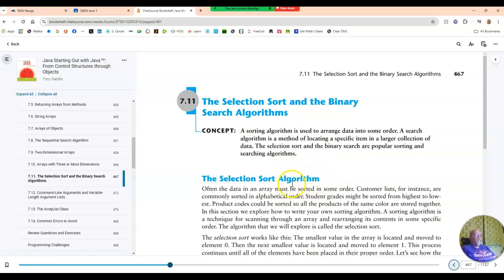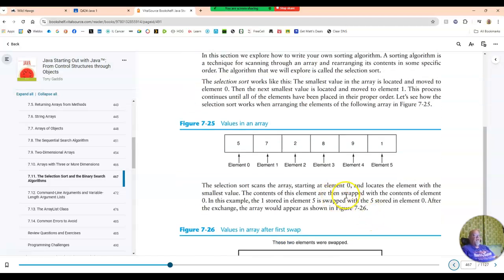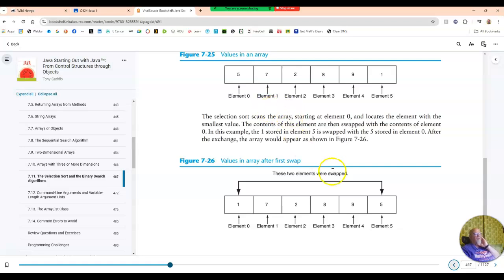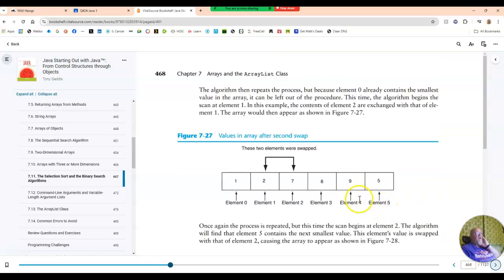So the first thing we have to do is a sort algorithm. And this sort is also called a bubble sort. Think of numbers. The larger numbers keep floating to the top. Or well, let's do it in reverse. The lighter numbers, the smaller numbers keep falling to the top. So in this case I've got 5, 7, 2, 8, 9, 1. The very first thing we do in this particular sort is take the first 2 elements and swap them. Then the next thing I do,